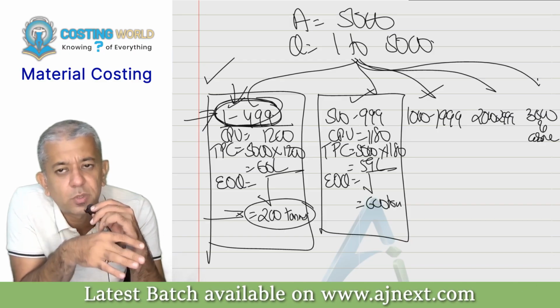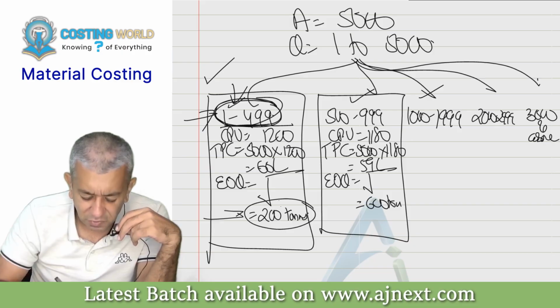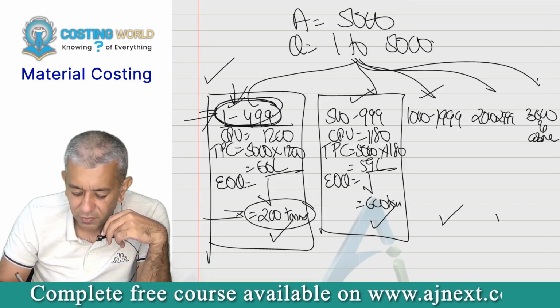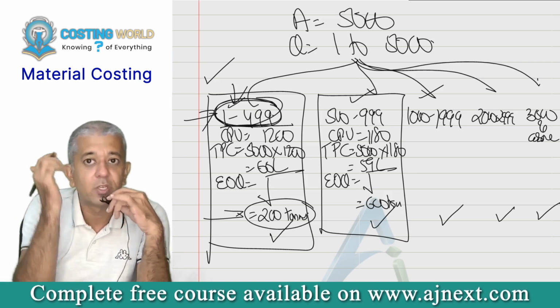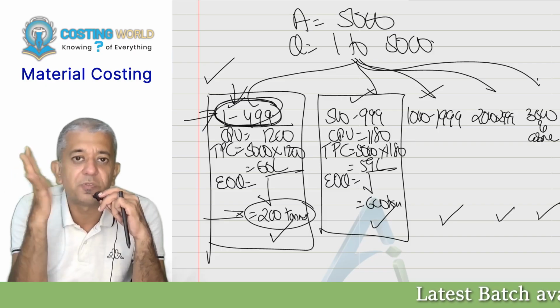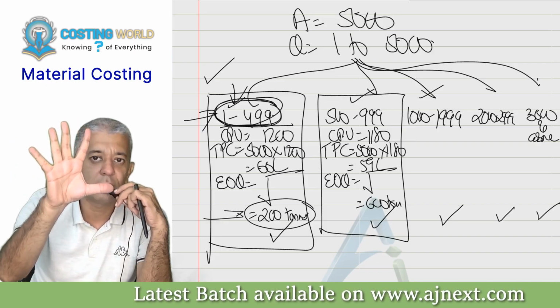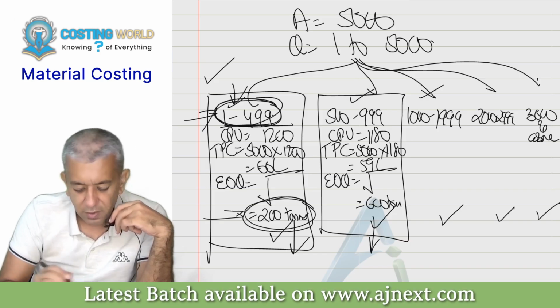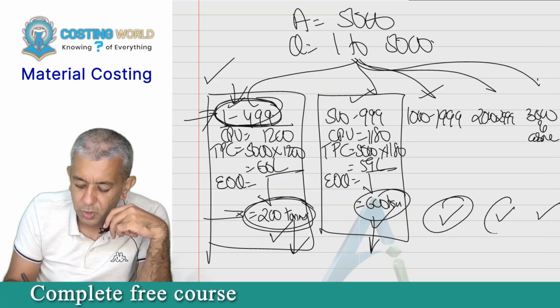tons, no, as such. Same way, one EOQ I'll find over here, one I will find over here, one I'll find over here, one I'll find over here. So therefore, what I have done, I have reduced 5,000 options to 5 best options. Is that all okay? This is first best, second, this is one option, second option, third option, fourth option, fifth